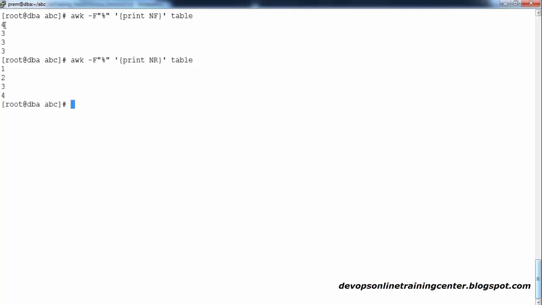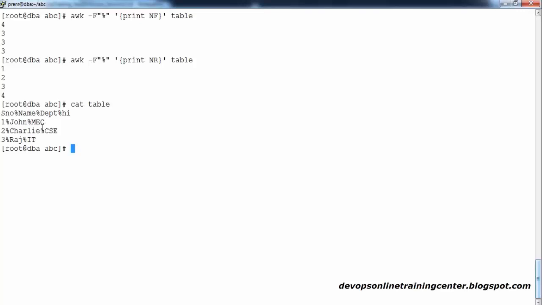Similarly, there is one more important parameter, NR. NR is the number of rows: first row, second row, third row, fourth row. Now somebody may ask you to print the last column of a file. You say cat table. To print the last column, you look at the file and see the last column, 1 2 3 4. You look at the 4 and you say cut -f4. But when you say f4, it will print only the high, but it will not print the mech CSCIT, because those are the third columns of that particular line. I cannot get the right value there.